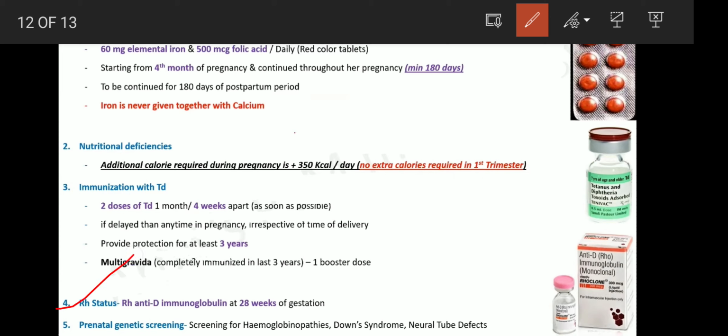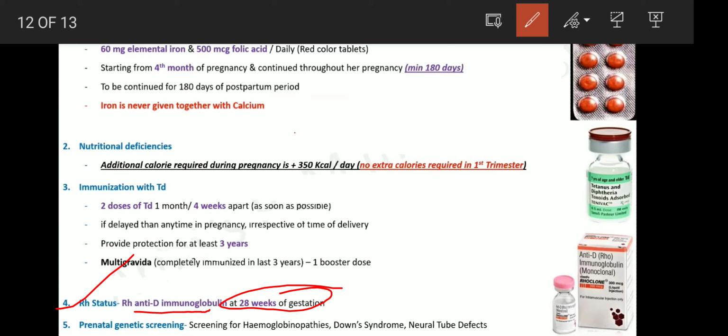Next, RH status. We know RH anti-D immunoglobulin is given at 28 weeks of gestation, so that any possibility of erythroblastosis fetalis can be prevented. Fetal red cells can enter the maternal circulation in a number of circumstances, especially during cesarean section. Mixing of fetal and maternal blood can happen. Also during therapeutic abortion, the MTPs, or during labor, and apparently spontaneously even in late pregnancy, it can occur.